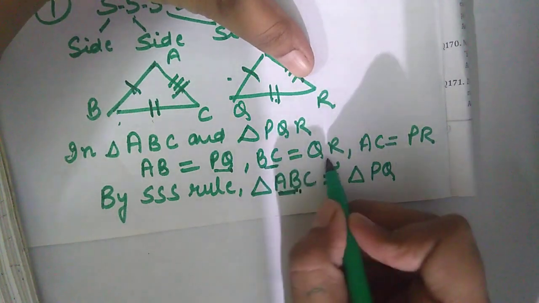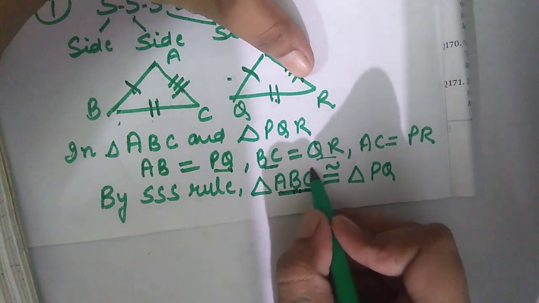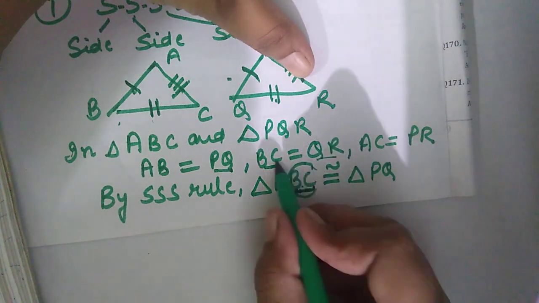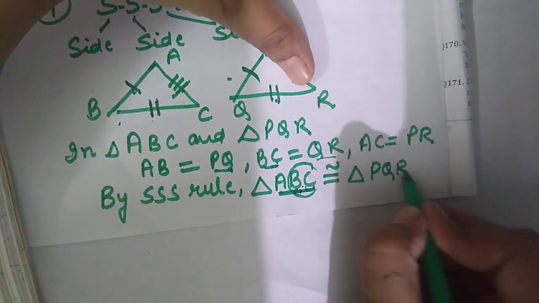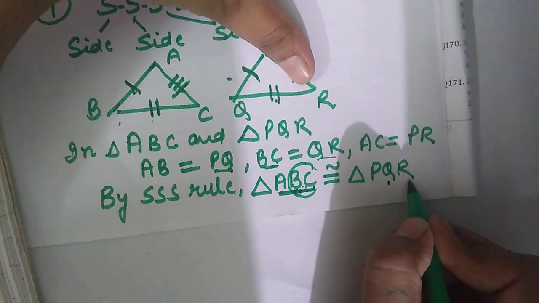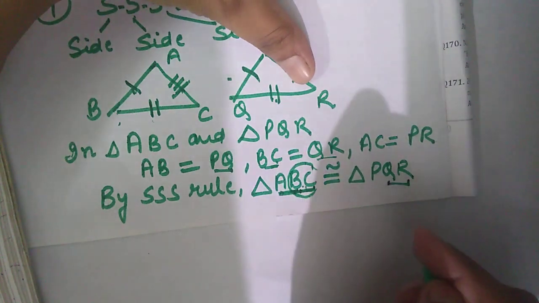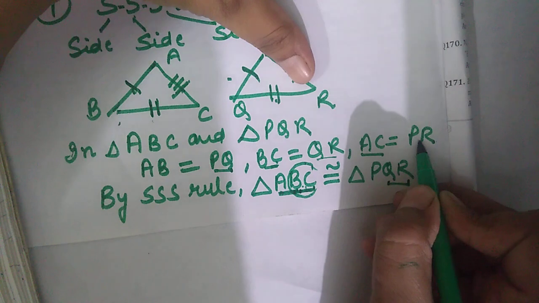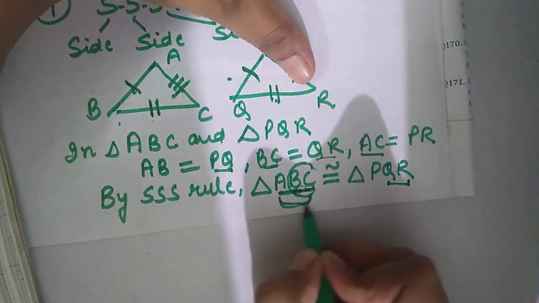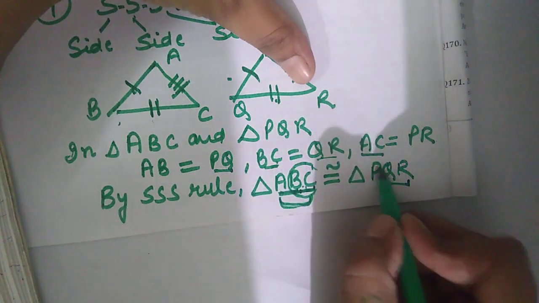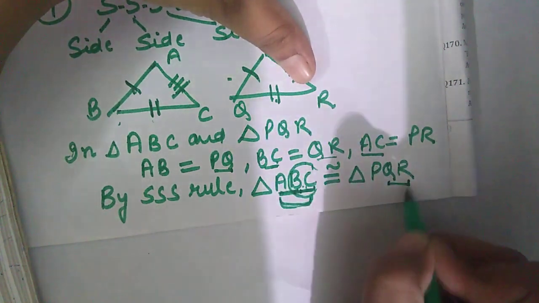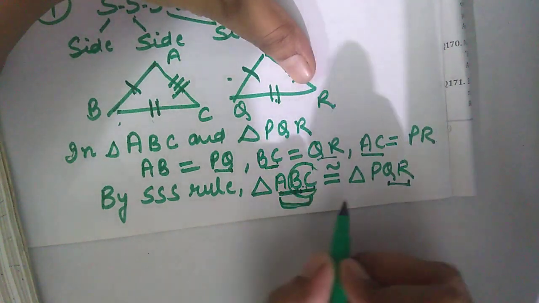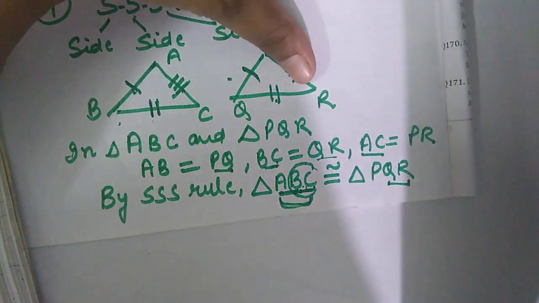Okay, now BC is equal to QR. It means at the second and third position BC is here, so there must be QR in the corresponding triangle. So I will write QR, because Q is already here and it is R. Now we will check the third side. AC is corresponding to PR, and in this AC is at first and third position. So there must be P and R at the first and third position. Okay, so this is the naming of congruence. This is known as the symbolic form of congruency.